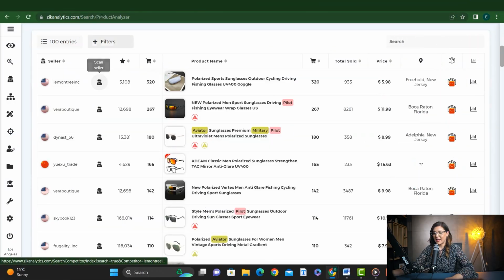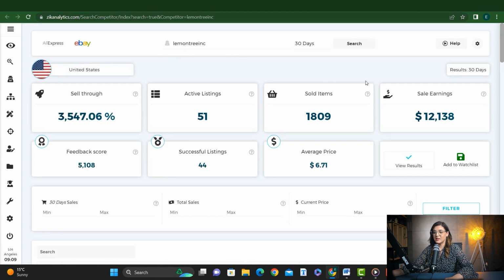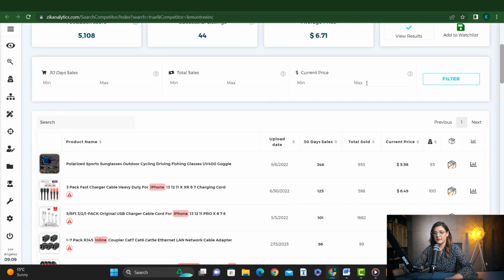This brings me to the competitor research tool of Zik that allows me to copy and paste any eBay seller into Zik and reveal their best-selling items and selling performance. You can also learn a lot about the selling strategies of the seller by observing titles, average selling prices, and so on. So let's take a look at this seller. He is selling so many interesting items and generating